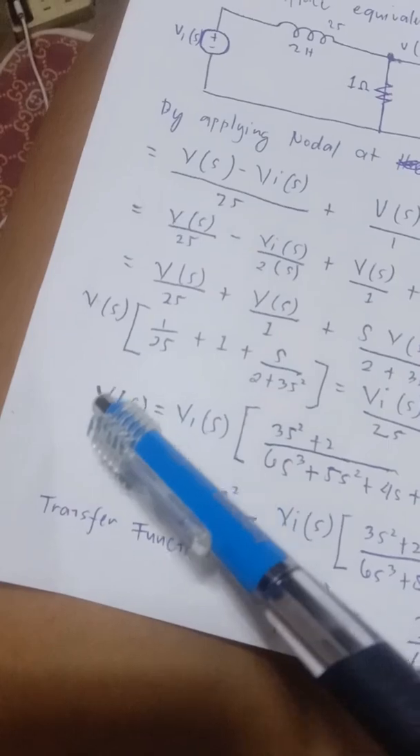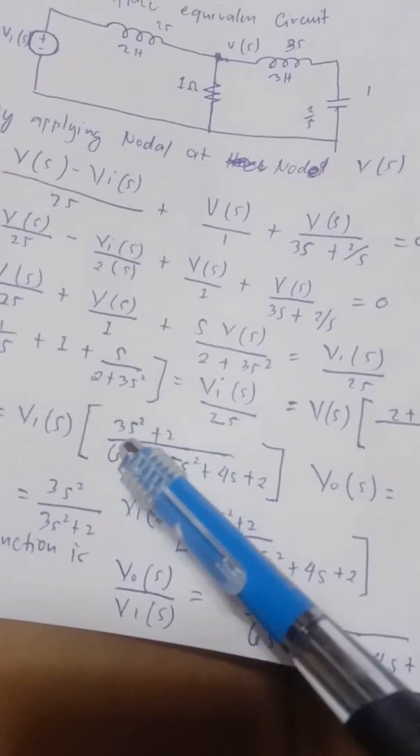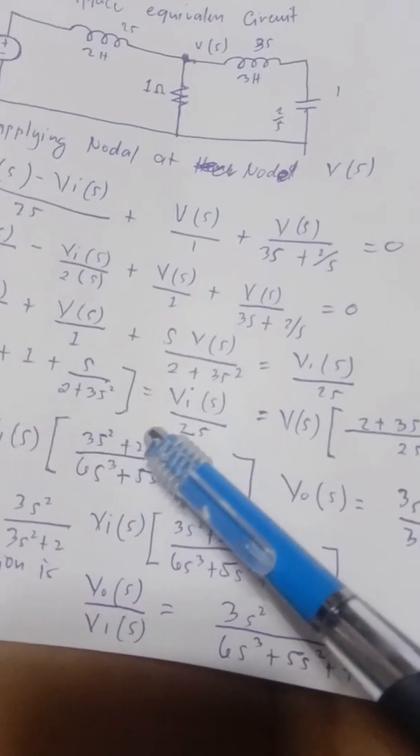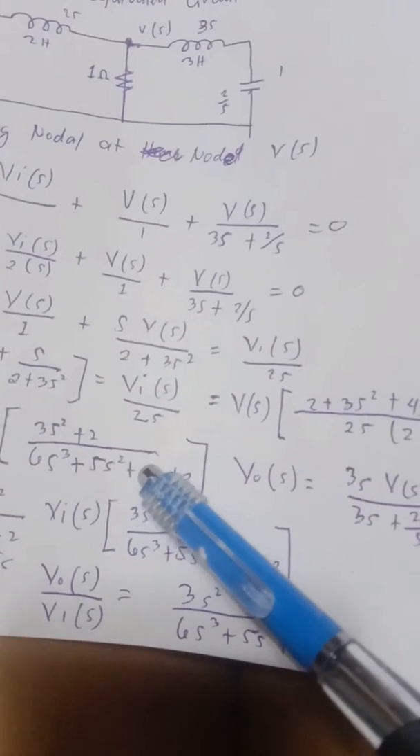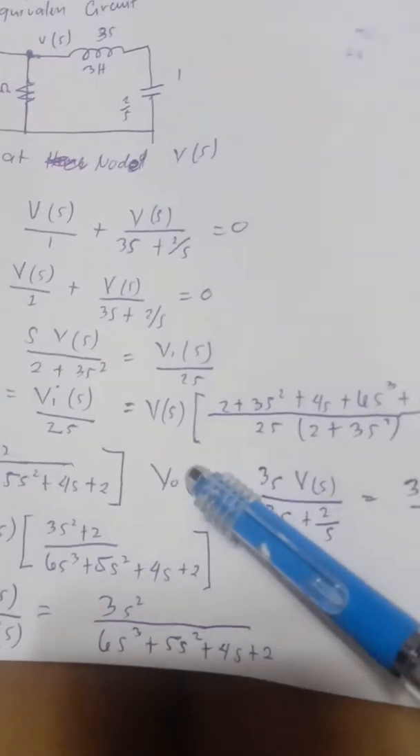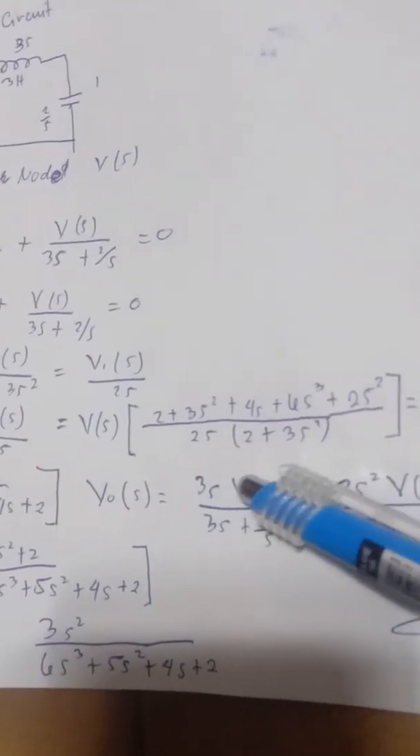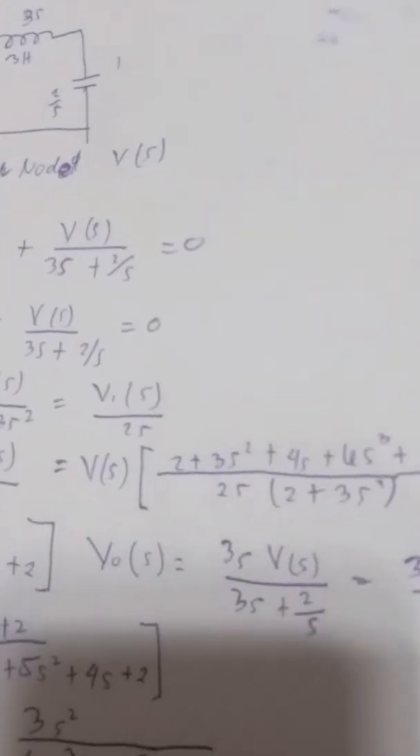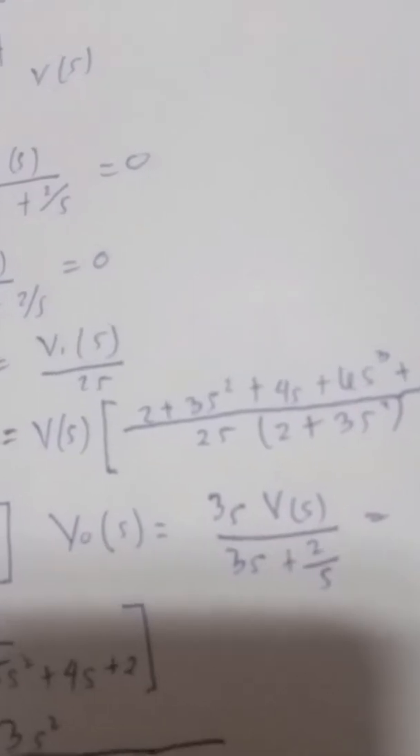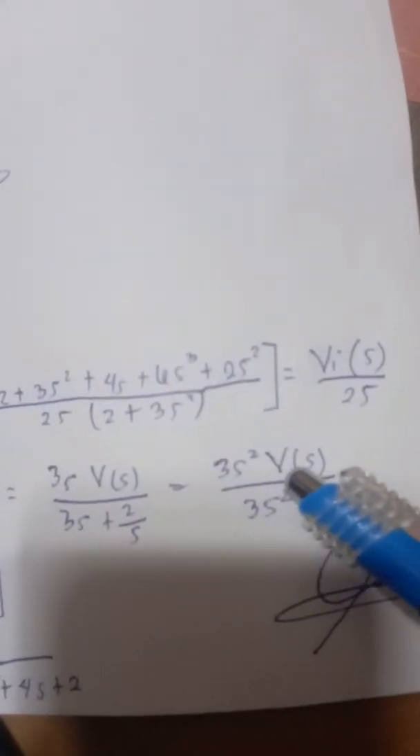Now let's proceed to V(s) equals Vi(s) times the bracket, 3s squared plus 2 over 6s cubed plus 5s squared plus 4s plus 2, close the bracket, and this is V(s) equals 3s squared plus 2,